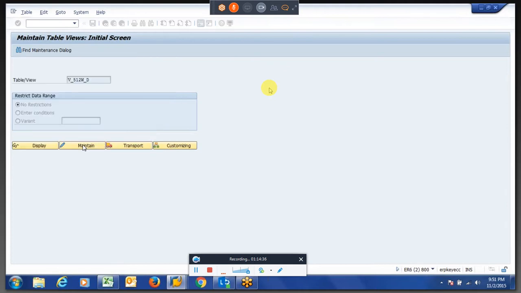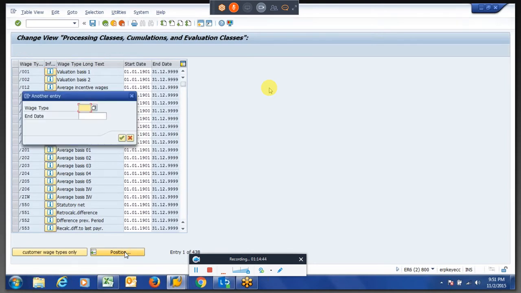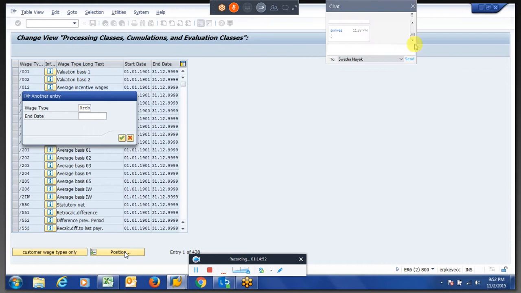Yes, Panam, we'll do tomorrow. We'll try for under 5 minutes because the same thing you can also debug if you have any issues in the project.